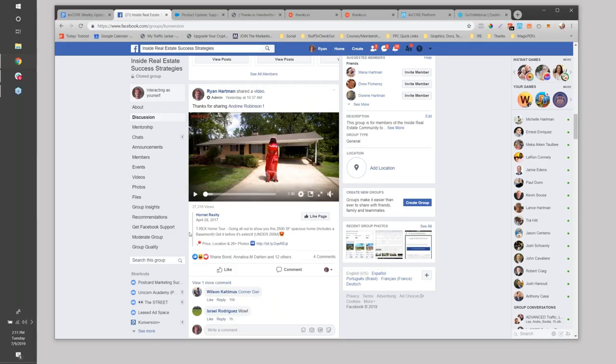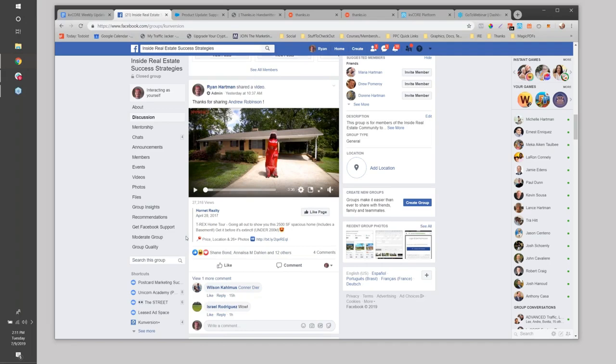Yeah, so I was just jumping into the group. We've had some good threads there. John was asking about adding days on market to searches. And we don't have a specific